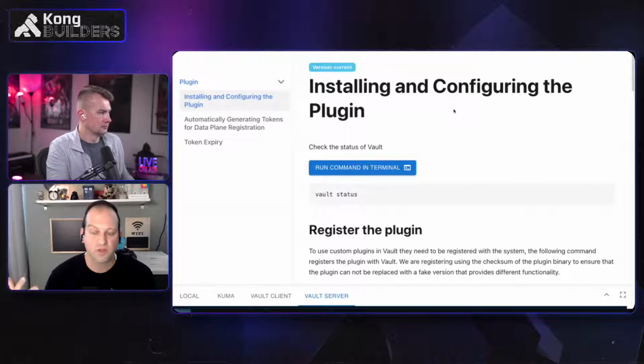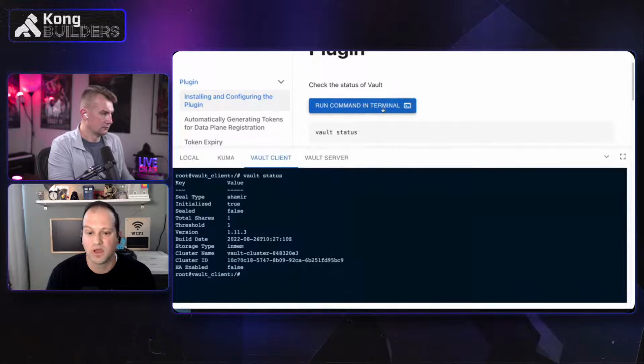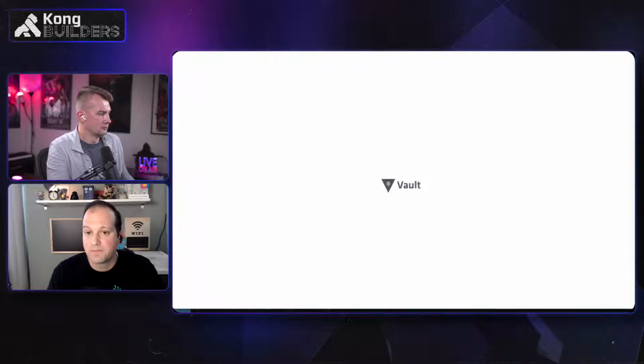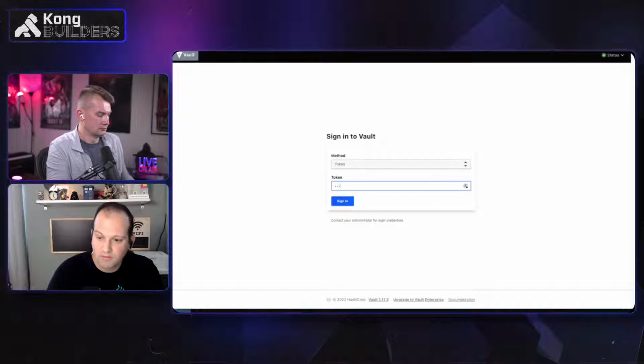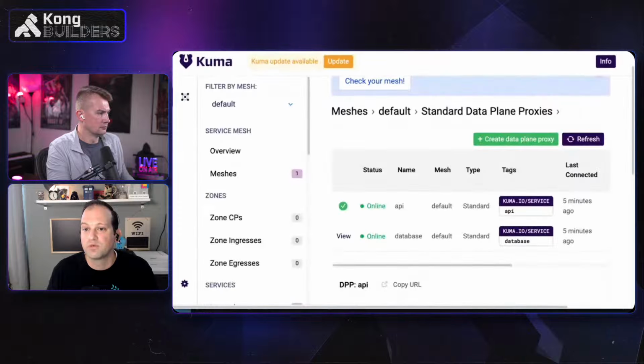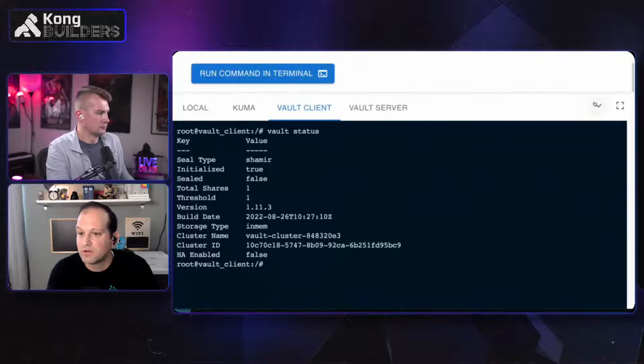All right, so installing and configuring the plugins. First thing we're going to go into is how you would actually install this plugin in your own system. We're going to check to make sure that we have a connection with Vault. So we hit the Vault status on the Vault client. This gives back the information about Vault. Yes, it's up and running. We can also go to the GUI, and I used a super secret password. This is our initial Vault instance, and it actually has the one Kuma plugin installed right there. So then what we're going to do now, and I'm going to make this bigger as I go through here. Yeah, there we go.